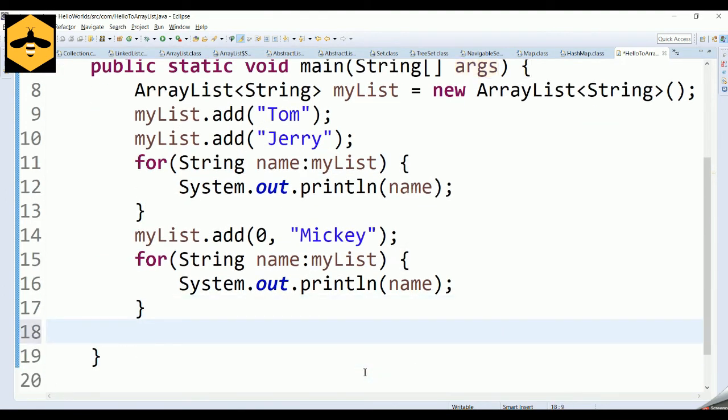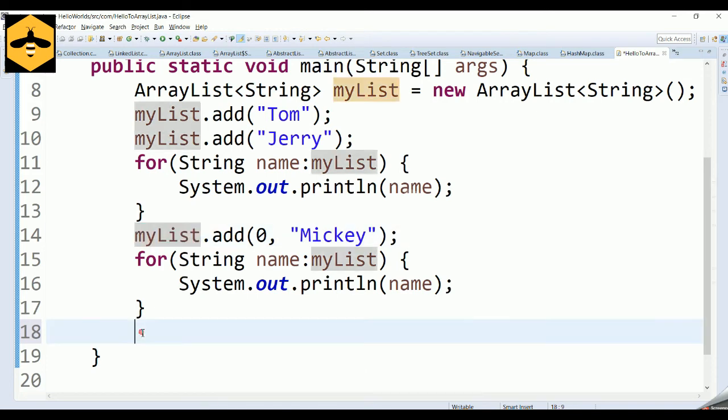Then once added, how can we remove the elements from the list? So we are talking about the basic functions that are available in a list, and apart from that, list also provides you lots of additional functions. We will talk about it separately, but here we are talking about some of the basic functions that you need, like how to add, how to remove and how to iterate the elements in the list. Removing the elements from the list is very simple.